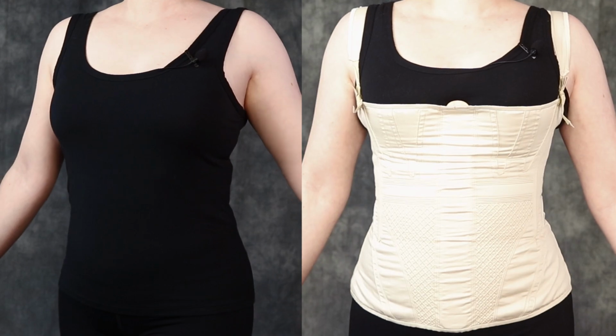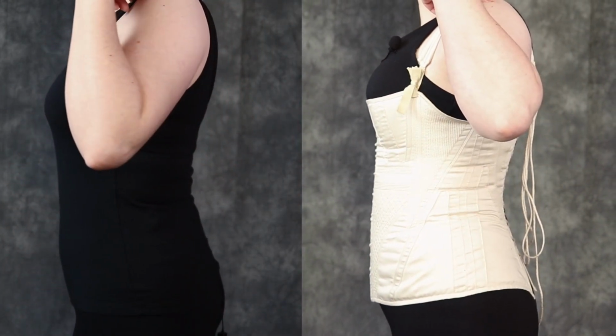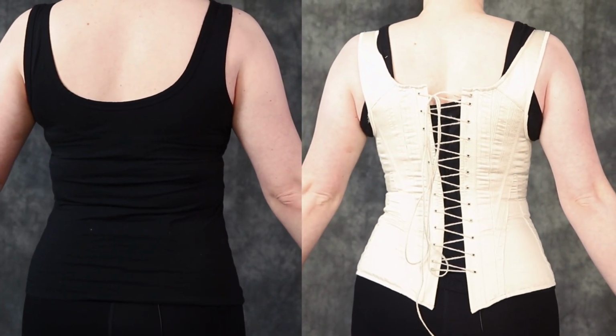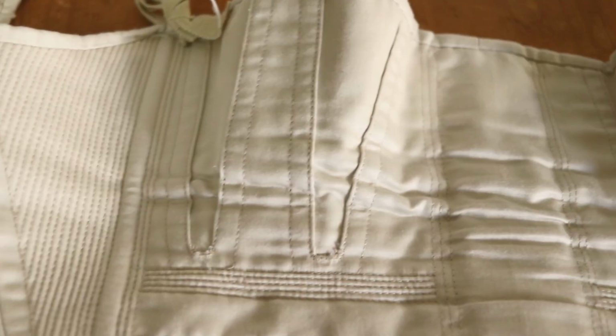Next, we have the 1830s. There's not a terrible lot of difference visually from the 1810s corset to the 1830s. However, there are some changes in its overall shape and style. This corset does cover the same vertical space that the previous one did. The major changes, though, come in the fact that it has gussets not only for the bust, but also for